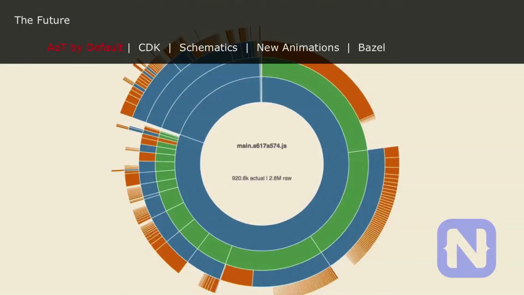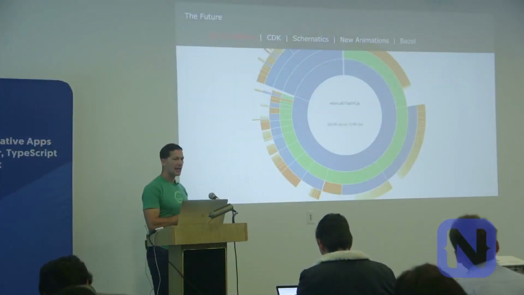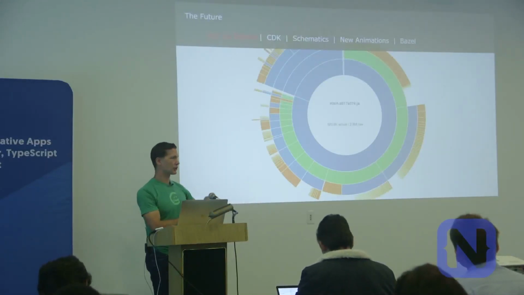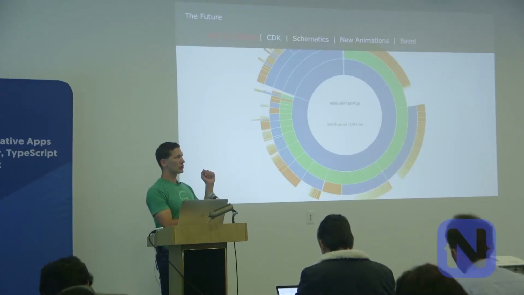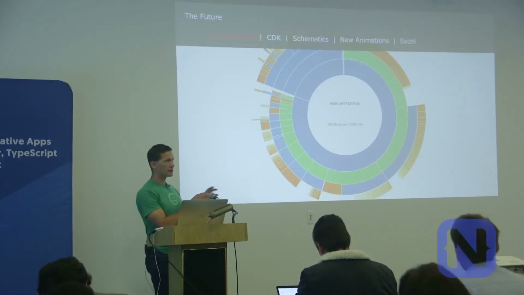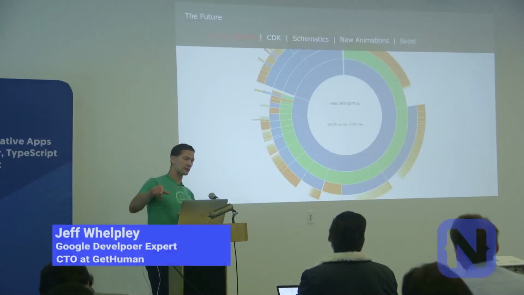AOT by default. So right now, the ahead of time compilation is done really just when you're pushing something out to production. When you are actually testing locally, it's using the just-in-time compilation. It's not optimizing your code and that type of thing. And that's actually led to a lot of issues because it's only when you deploy to production that you start seeing certain weird things. Like for example, in your decorators, there are some things that are invalid you're not supposed to put in there, just because it makes it hard for the AOT compiler to actually optimize your code. So it'll complain about those when you try to actually publish it to production.